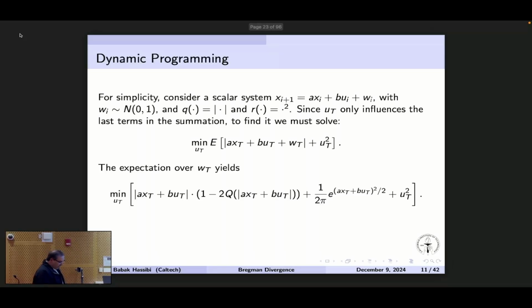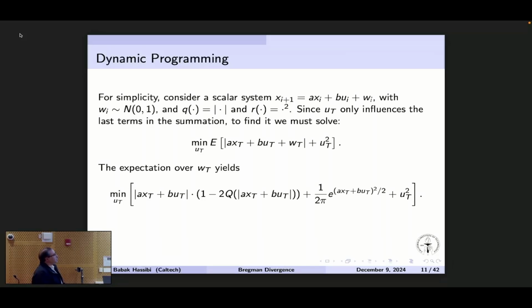Now, if you look up some book or something, it turns out one can find the expectation of the absolute value against the Gaussian. It has an exponential term. It has a Q function. Q is the tail of the Gaussian. This is the formula for it. It ends up being a function of the absolute value of this deterministic part. And here, of course, is that. And so I have to minimize this.